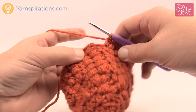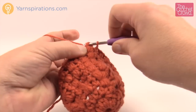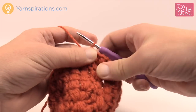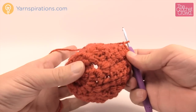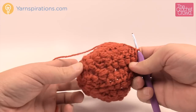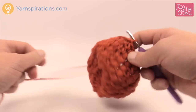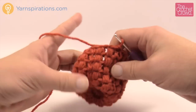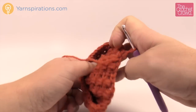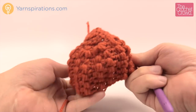So I'm just finishing up my final round of repeating the 5th round 4 more times. And I have realized something that I want to share with you, and I don't want to pull apart my big pumpkin. See how it's kind of flat and I can see the puff stitches? It looks great. And so what I did on the big one is that I kind of pushed it down and made my stem. What I didn't realize is that on the other side of this, because I'm crocheting this way, there's a lot of fabulous texture to it,